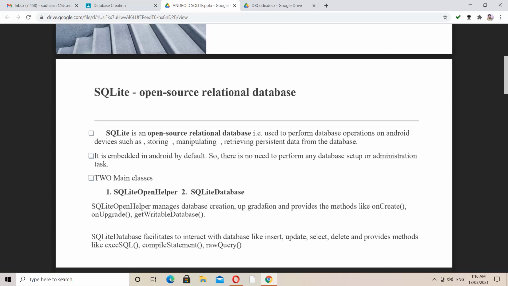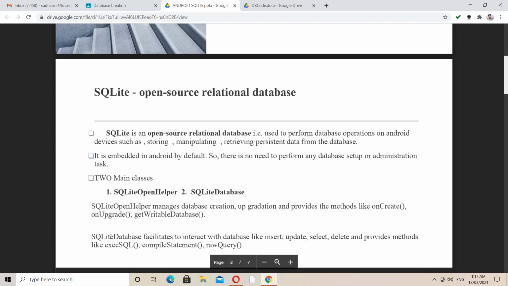So in your project, if you want any kind of upgrades, we can make use of this upgrade method. And getWritableDatabase is going to give you the open connection. Before doing any kind of modification, our database should be in an open mode, which can be writable and also readable. To make any kind of modification, at the very first your database should be open, and at the same time it should be in a writable mode to make any changes, right?